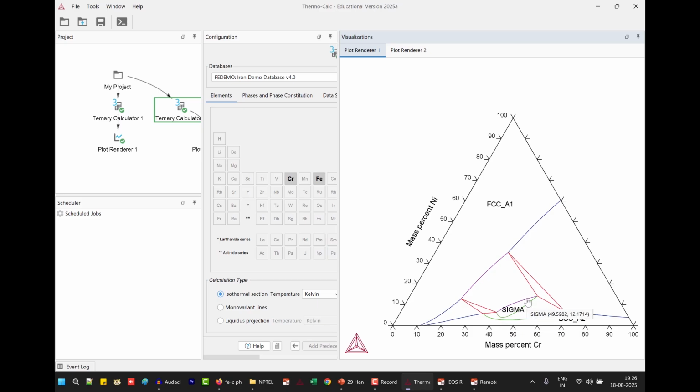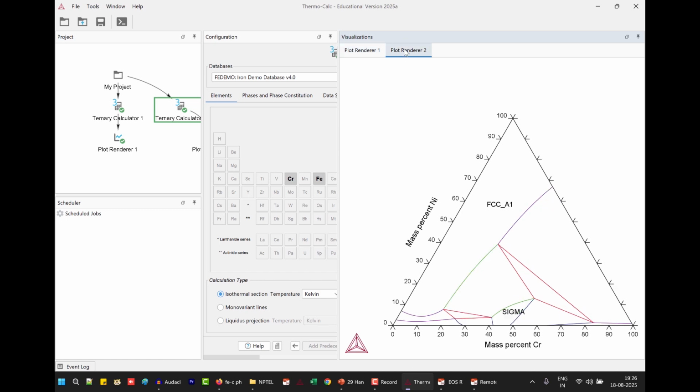It's looking like a ternary emergent phase, but it is basically stemming from the binary as we see at 1000. Okay. So if we make a vertical section, with temperature as one axis, we will try to do that in the future classes. Across this sigma phase line, you will see that at 1200, the sigma phase is extending from the left hand side of the diagram.